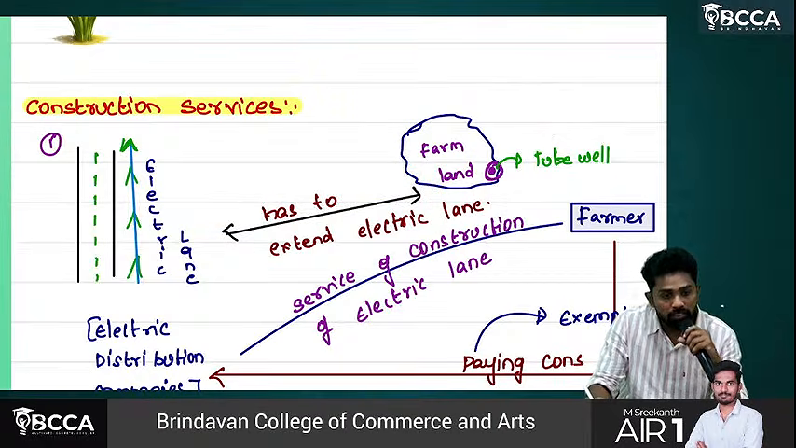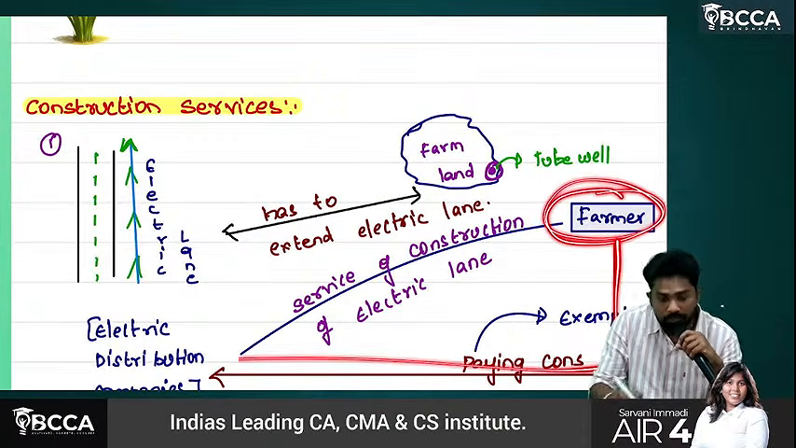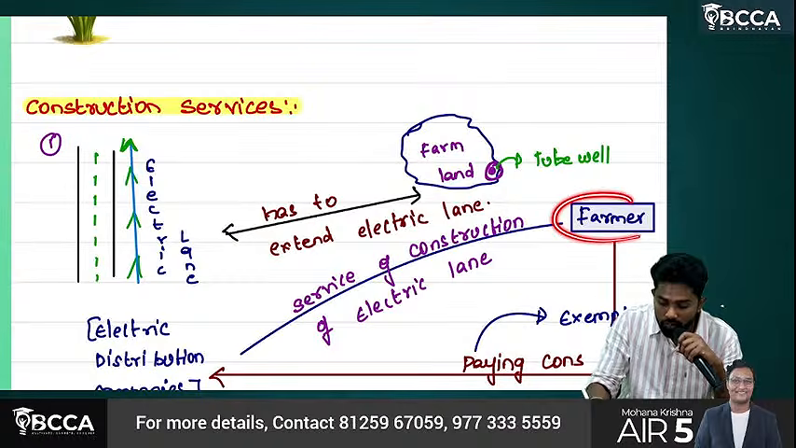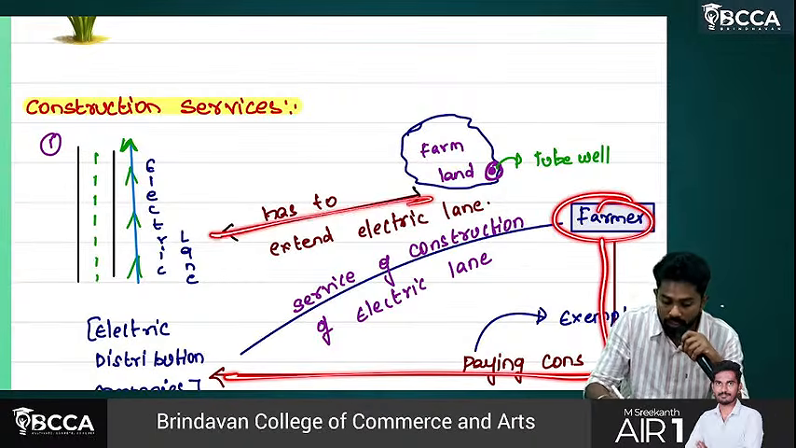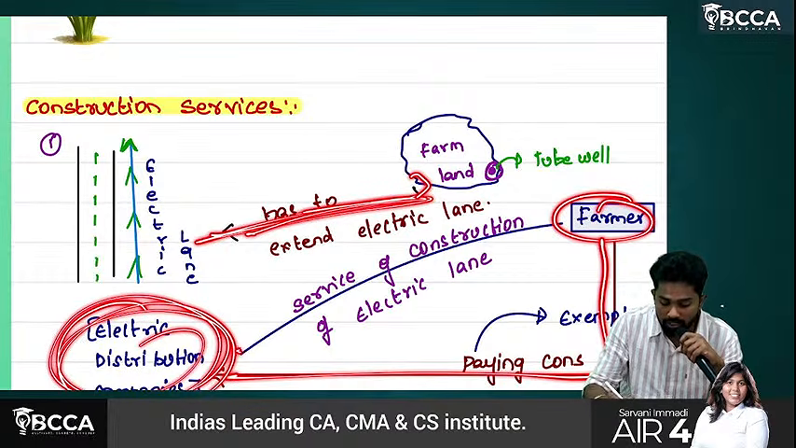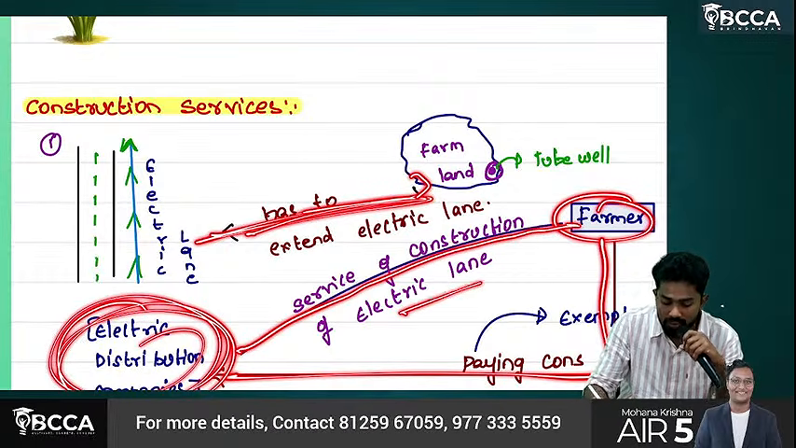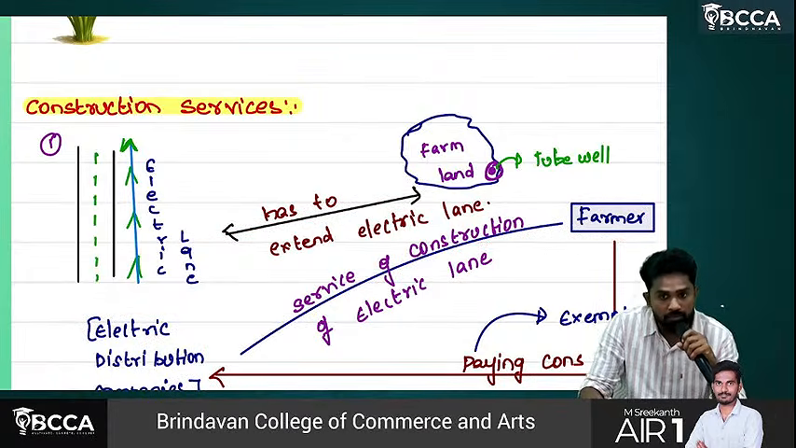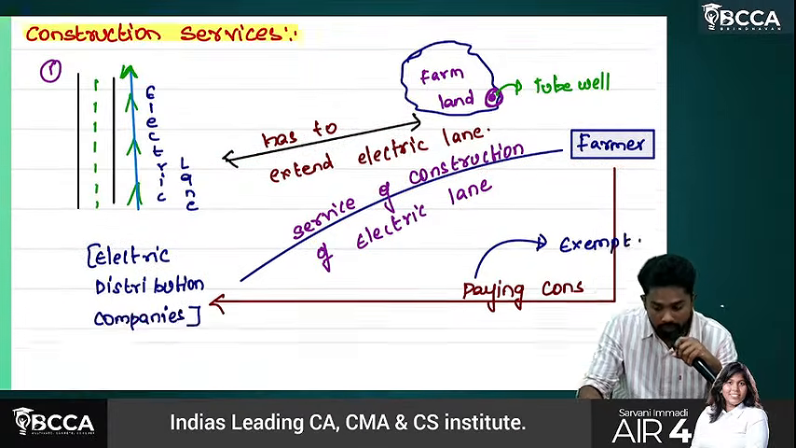Then what did the farmer say? He said, I will pay the construction cost. Now the farmer is paying that construction cost to lay the electric line. Now what are the electricity distribution companies doing? They are providing the service of construction of the electric line. So in this case, that construction service is exempted from GST. Okay, then